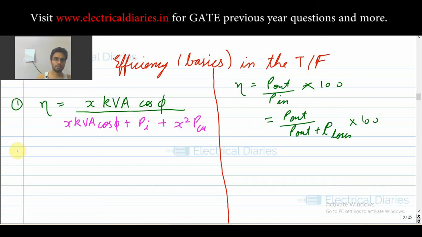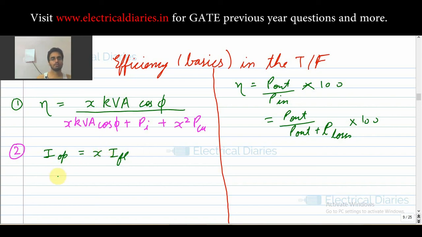So that is the formula, and the next formula that you should remember is, if it's given, I operating is equal to x into IFL. What does it mean? If it is saying that the transformer is operating at full load, that means your I operating is equal to I full load, so your x is 1. Okay, if it's saying that the transformer is operating at half the load, so for half load your I operating is I full load by 2, so your x will come out to be half.